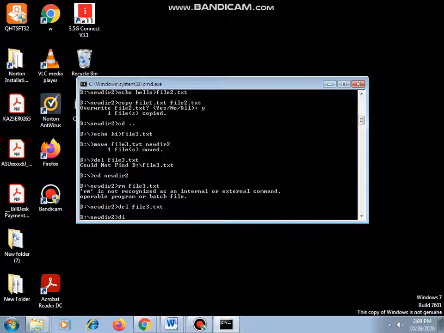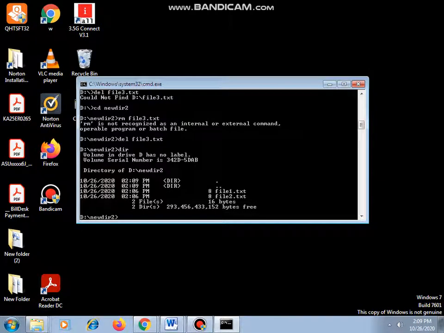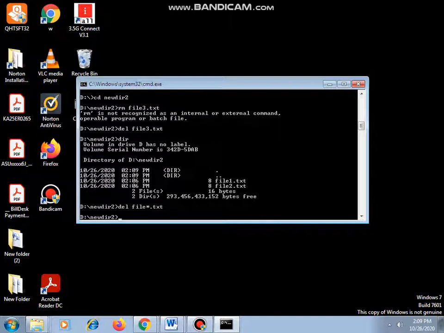You can see what all the contents are there. For deleting all the files, you can make use of file star .txt. This will delete all the files.